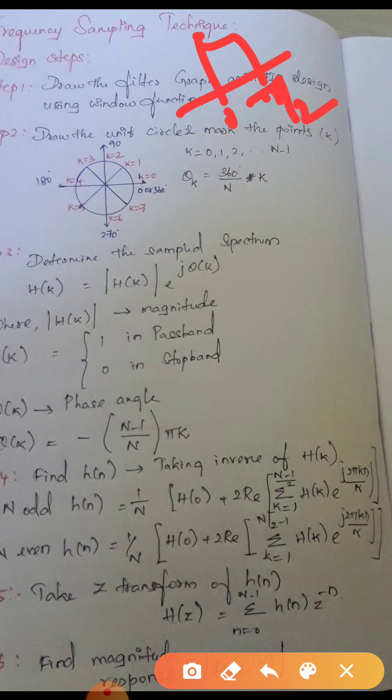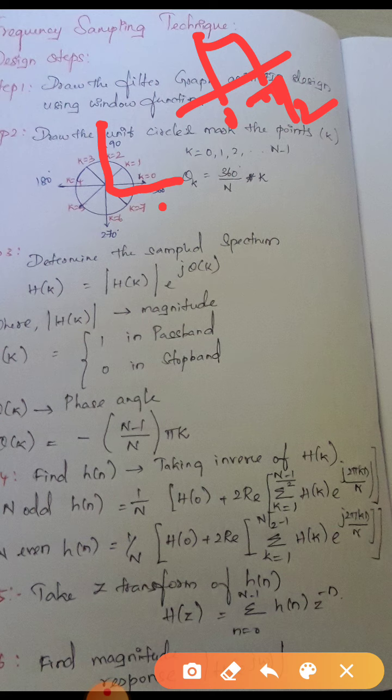Then step 2 is you have to draw the unit circle. That is nothing but dividing this 0 to pi by 2 graph H of e power j omega into k samples. For converting this into k samples, use 2 pi k divided by N from 0 to pi by 2. From this 0 to pi by 2, you have to find how many samples are present by substituting in this formula. If it is greater than 90 degrees, it is 0, we know that, right? So up to 90 degrees you have to find the k values.